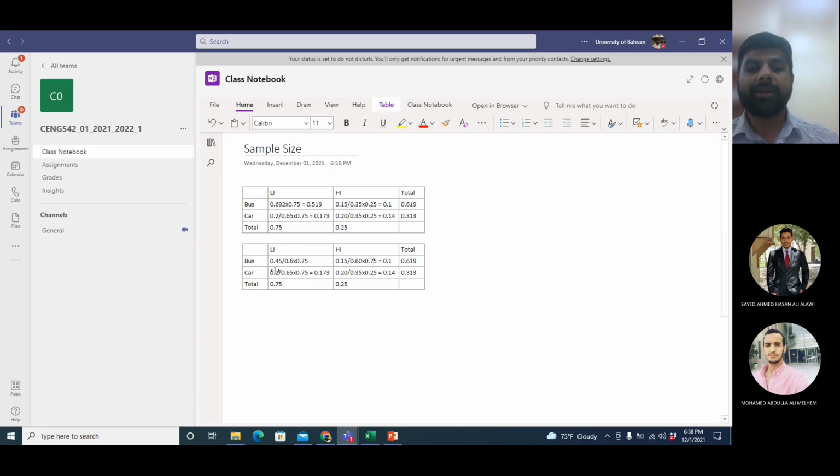Okay, so the denominator has changed because now I have reversed the situation. Earlier, when I was doing this, my condition was that he will choose bus provided that he is high income group or low income group. Now I have reversed the condition. The condition is he will be in low income group or high income group provided that he has chosen the bus. Okay, so the condition goes in the denominator. The probability of the condition goes in the denominator.